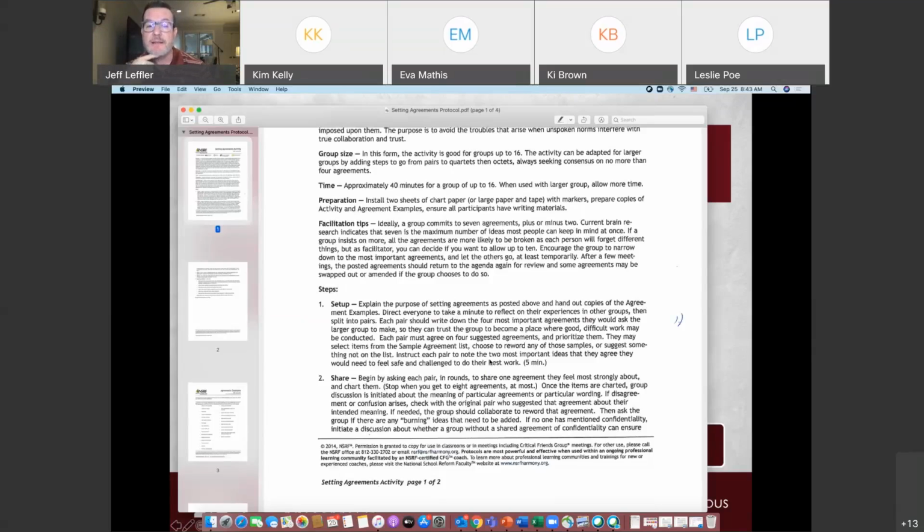Then they select items from the sample agreement list that you have created ahead of time. They may choose to reword, but they're trying to get theirs to align to the agreements that are on the sample list. Or they can suggest something that's not on the list, because they certainly can come up with their own ideas. And then you have each pair whittle that down to the 2 most important